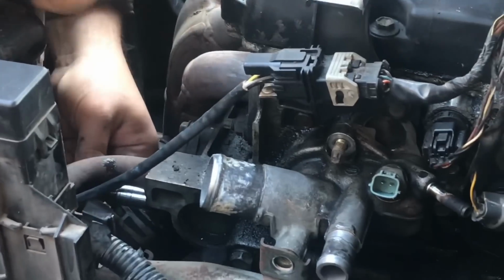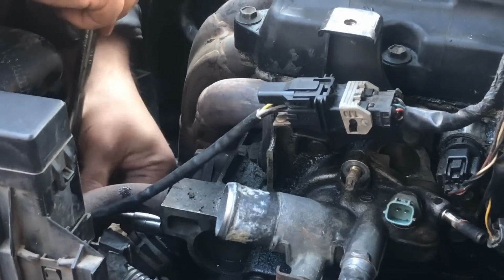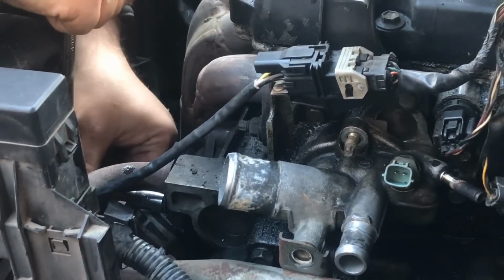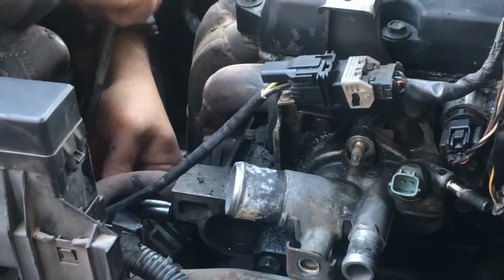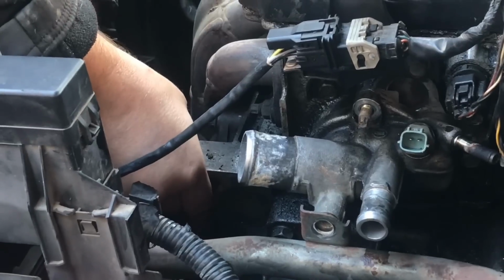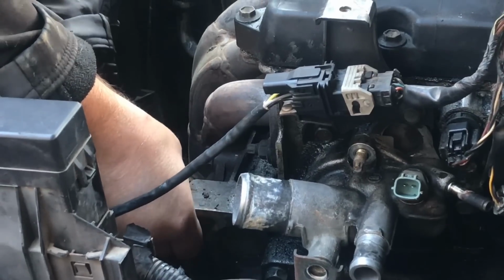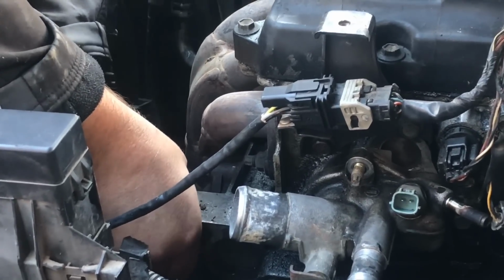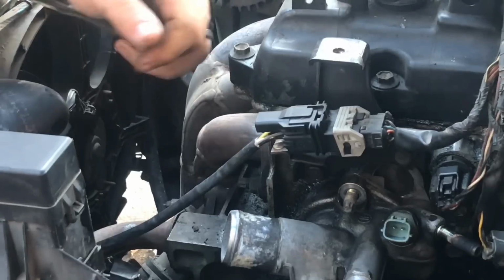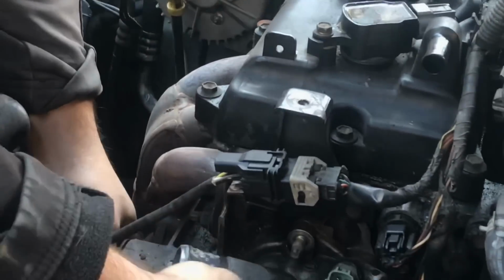What I'm going to do is take this metal bar off of there so that I can get to the thermostat down here good, and that I can get to the water control valve there. Because if not, it's really hard to get to. This is a lot easier. Okay, putting that bolt there. And then once those two bolts are out,